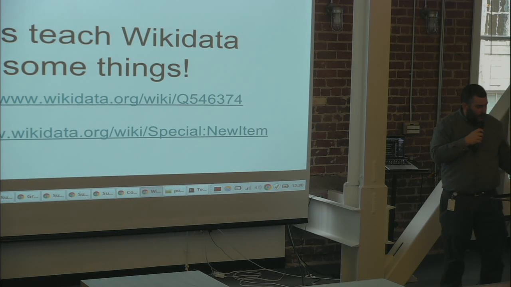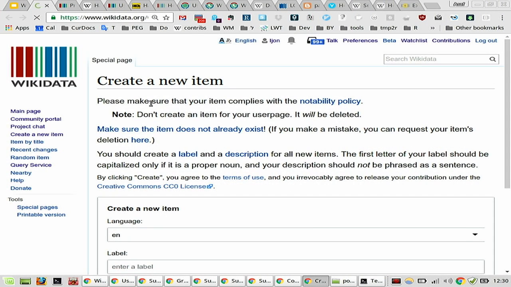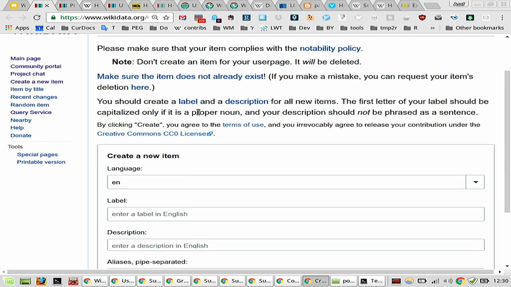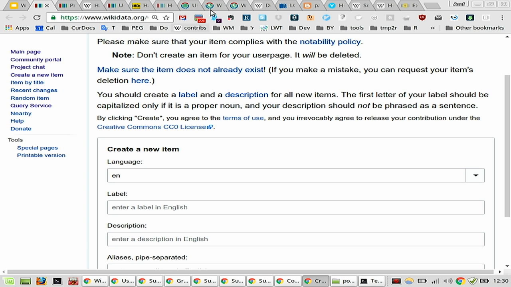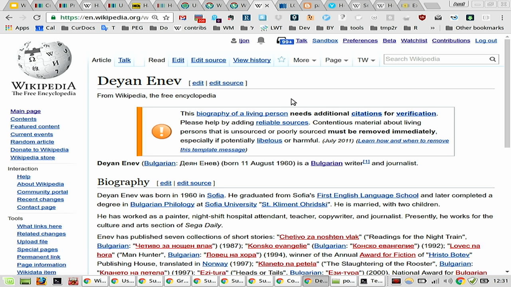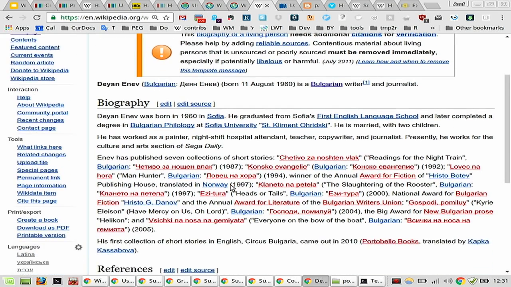All right. So let's talk about how to create a completely new item. It's very simple. You go to Wikidata and you click here on the side. There's a link, Create New Item, which gives you this screen. And let's create an item about a book that I'm reading right now by this Bulgarian writer. So we have an article about this writer, a guy named Dejan Enev, but we don't have an article or a Wikidata item about one of his famous books called,